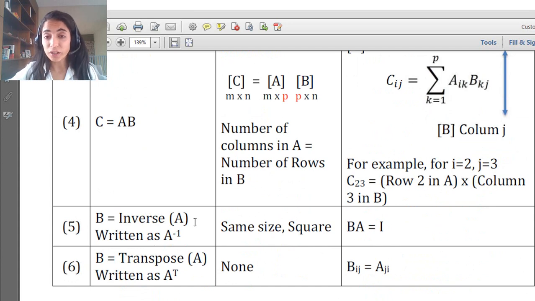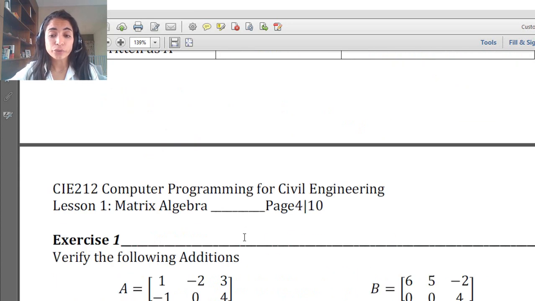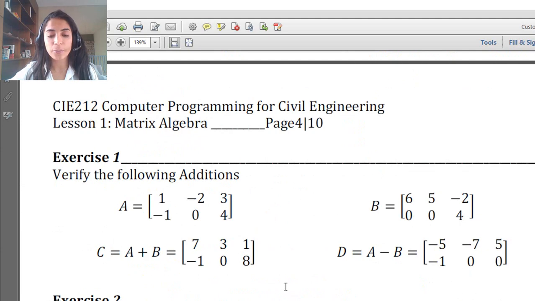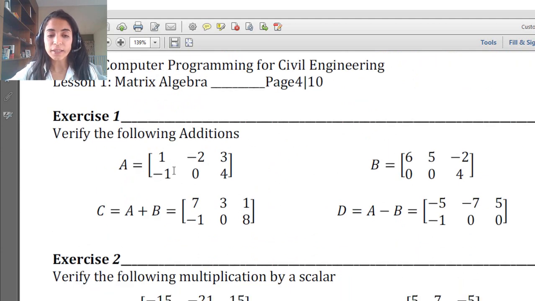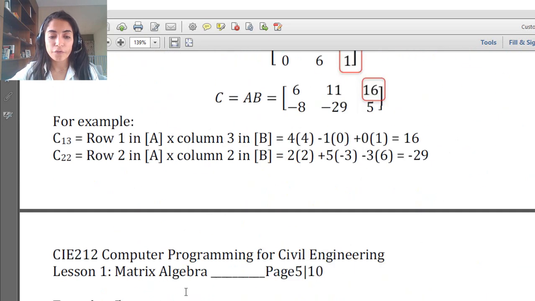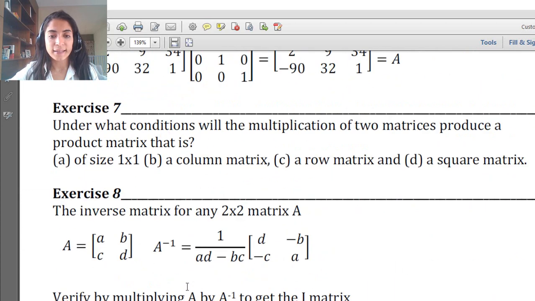And we stopped here, and I asked you to exercise the operations by doing the exercises from 1 till